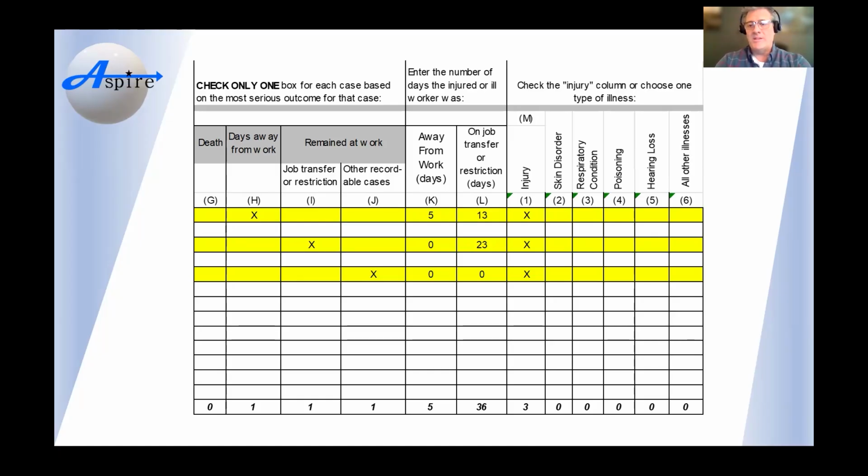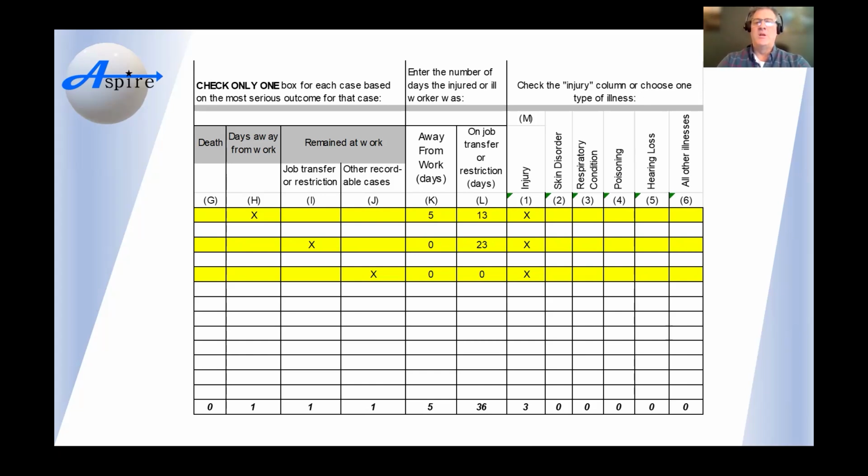And what I mean by that is, when I come back to work, am I coming back to light duty work, or am I coming back to a full duty release? If I come back to a full duty release after missing work, I have a 0. If I miss some work and then come back to light duty, then I enter the number of light duty days with those same rules that apply. Okay, calendar days. So if I put an X in column H, I will have a number in column K, and I may or may not have a number in column L.